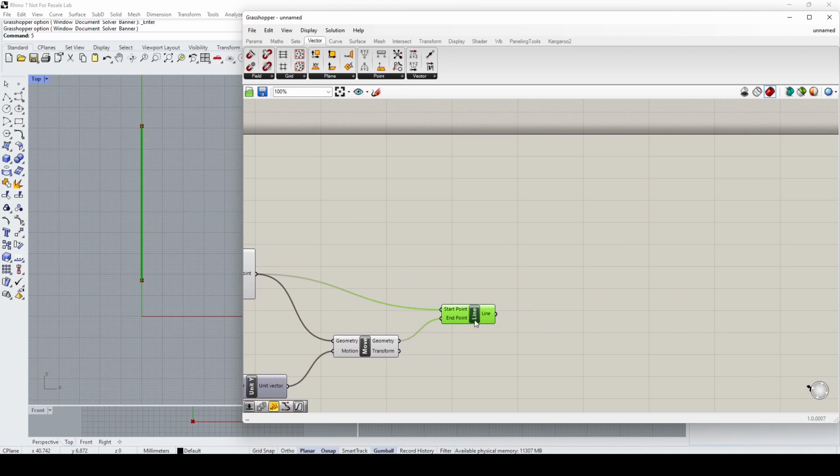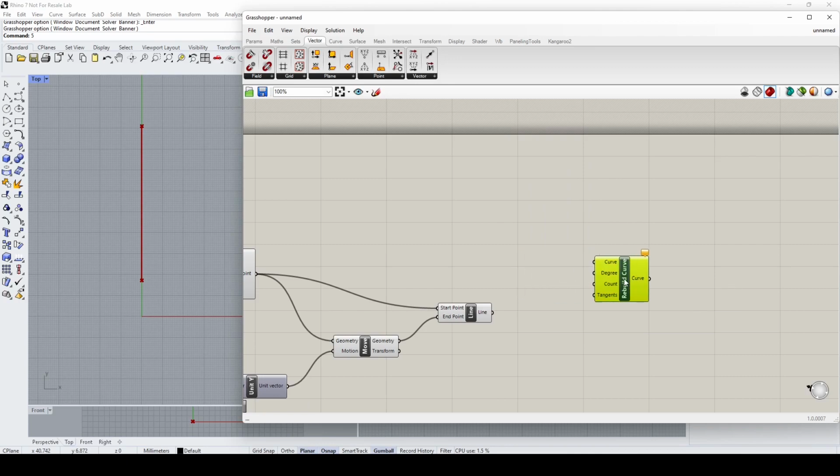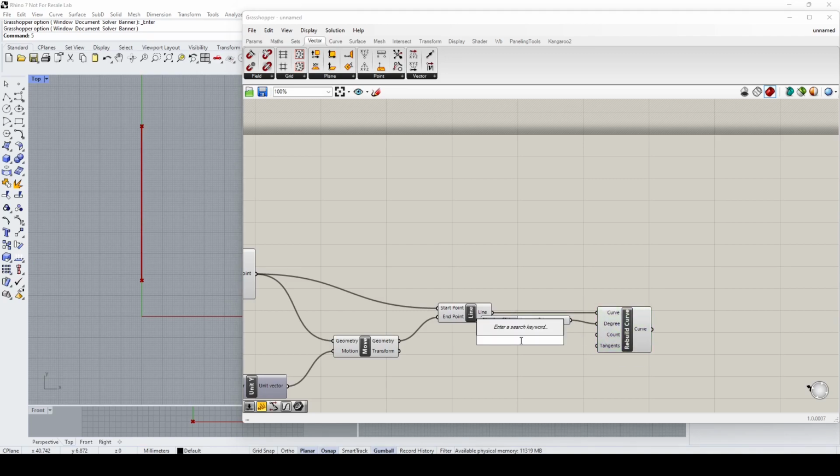Okay. Now I'm going to rebuild this line to make it into a curve that can be modified and bent. Okay, so connect here, give it a degree of say 3 and a point count of say 6 at the moment. Okay,